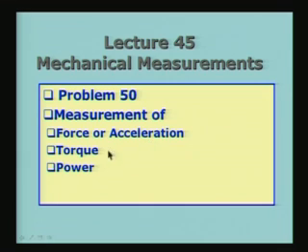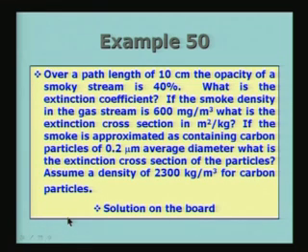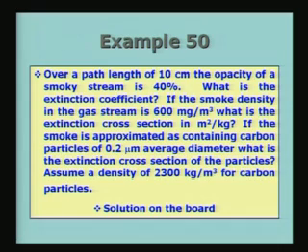So, let us get back to problem number 50, which is specified in this particular slide. We have a path length of 10 centimeters, and if you remember the opacity measurement, we have a light emitting diode as a source of light and a photodiode or a photo detector as a detector for energy transmitted across a path length. And as you remember, the radiant energy is going to be absorbed and possibly also scattered because of the presence of the particulate matter.